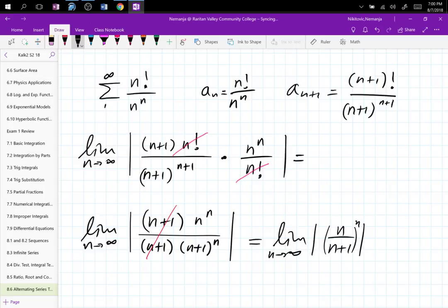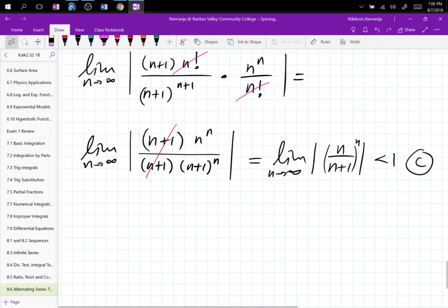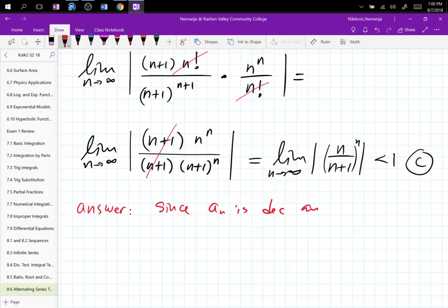And we know that this, if you remember, we did this already. We did the long division for this. It was less than 1, so convergent. So we have AC, because, well, so now we write the answer and we're done. So since an is decreasing and limit an equals 0, and summation of an is convergent, series,